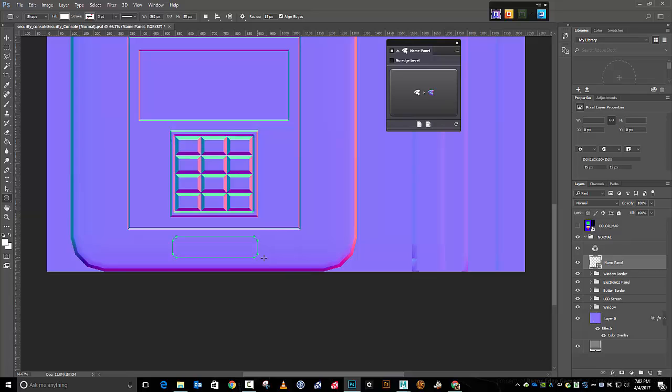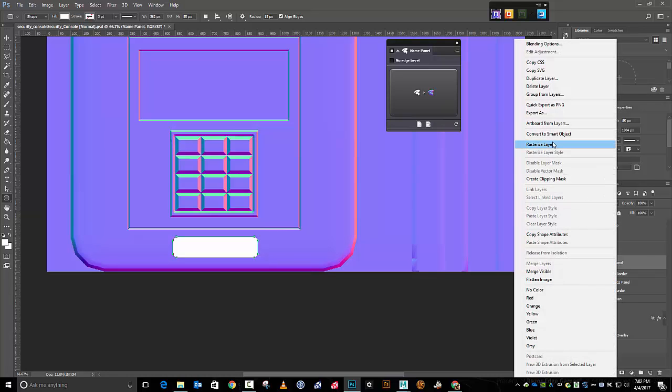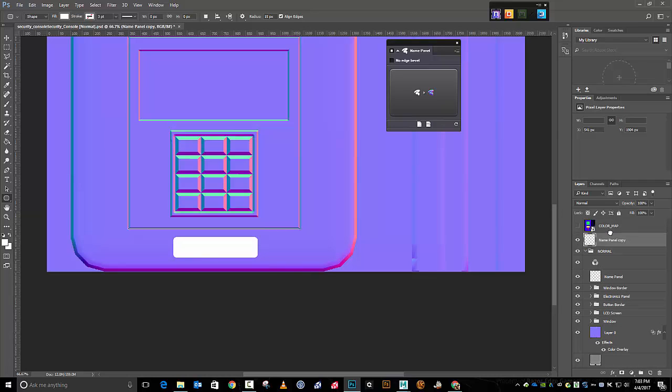That looks pretty good. I like that. And we're going to go ahead, and so it filled with white automatically for us. Let's right click on our layer name there, and we want to rasterize this. Basically that converts it into non-vectored information. I want to copy this layer, Control J, and I want to take this copy all the way out of my normal group because this is going to be used to update my color map here in just a little while. So let's go back down to our normal panel, and let's convert this to